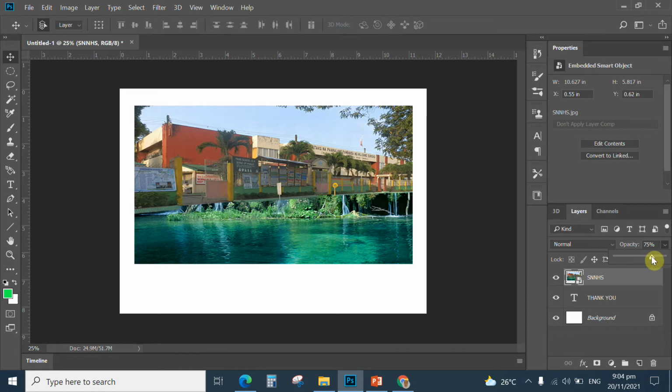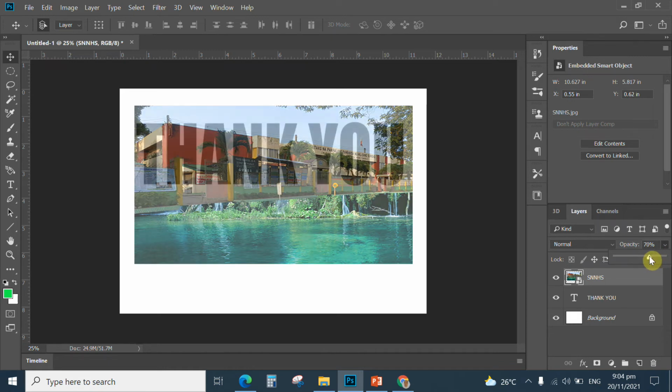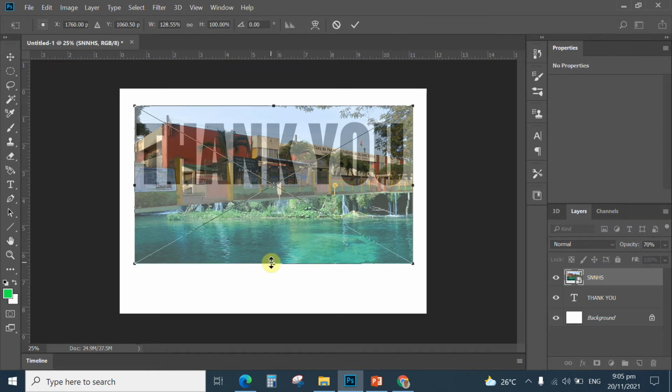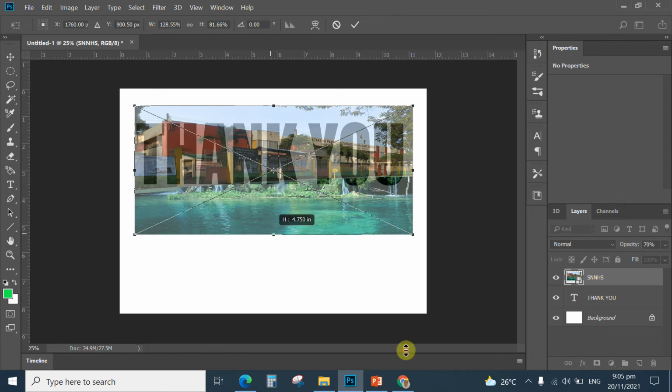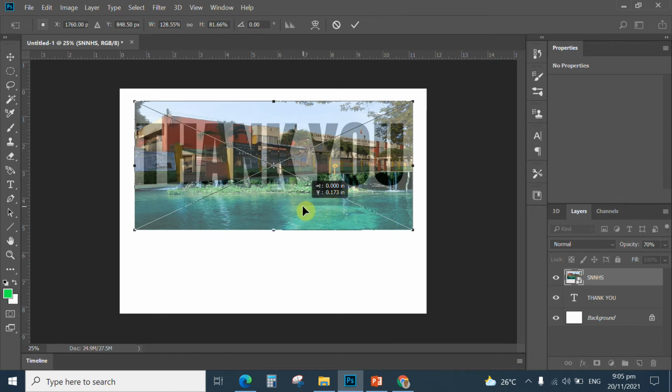You can decrease the opacity. See, it decreases the opacity, and look, this portion of the picture will be put inside the text. So if you decide to resize the picture, you press Ctrl T, and then you can resize if you want. Okay, for example,